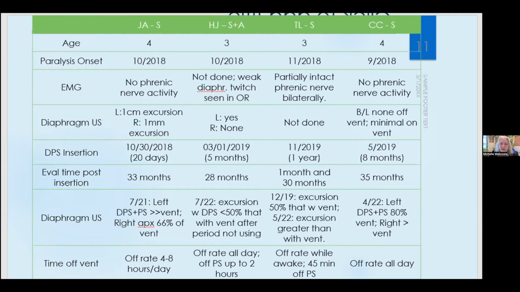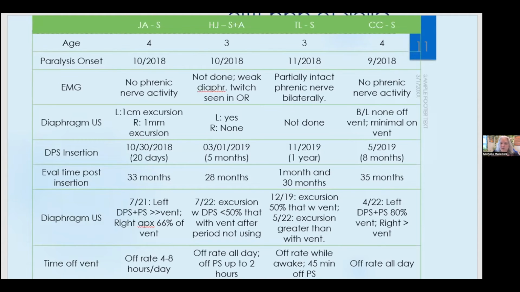So when I look at the kids, if you look at the very bottom, I'm not primarily a researcher. I'm a simple unfrozen cave woman pediatrician. And so what I really care about is, are these pacers actually helping these kids get off their vent? All of these 4 patients are able to be off of their rate. For 3 of them, it's all day. For 1 of them, the last time I saw documented, it was between 4 to 8 hours.